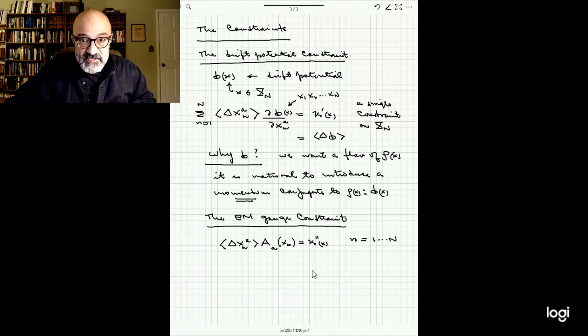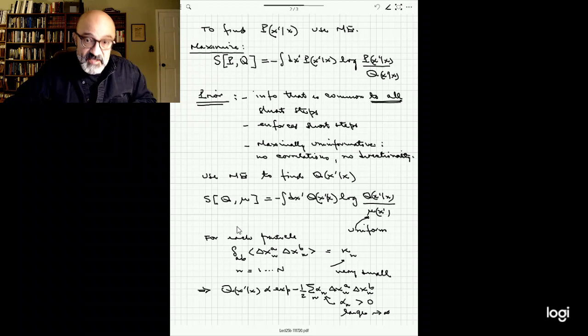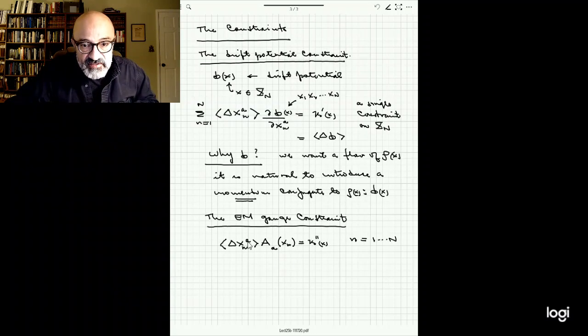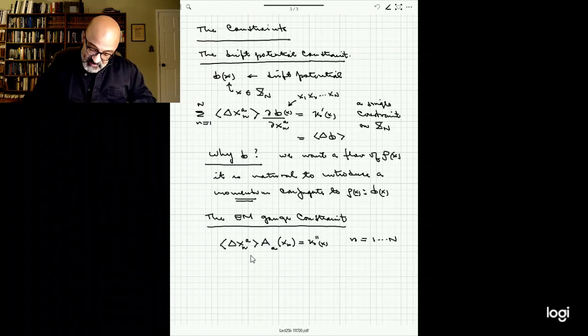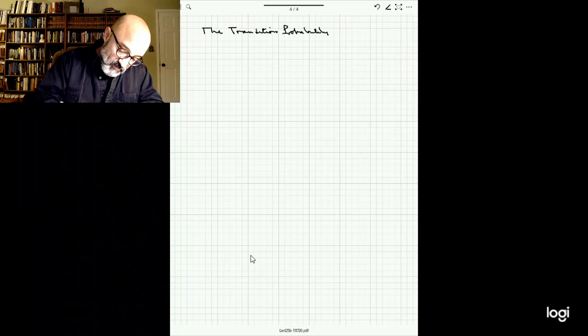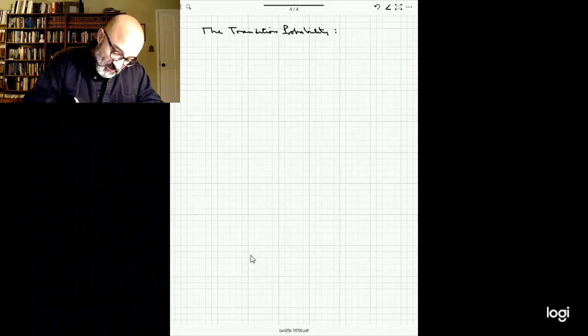Let me maximize this entropy subject to normalization relative to this prior, the Gaussian that I wrote down here, and with these 2 constraints on displacements. And the result is, so this is the transition probability. The result is